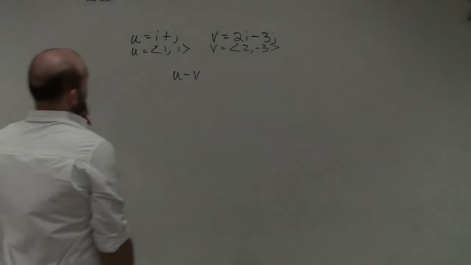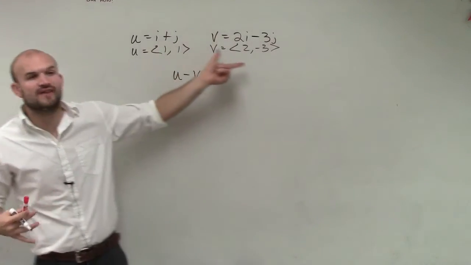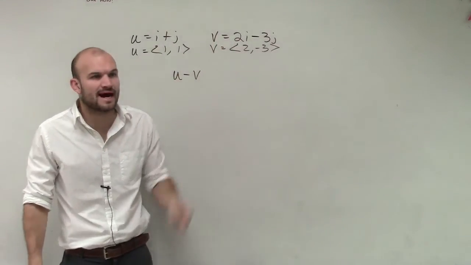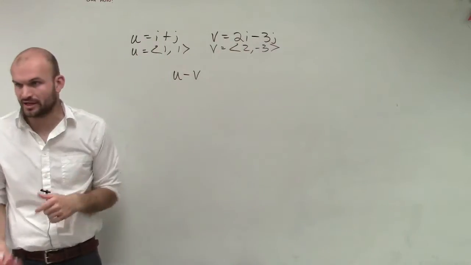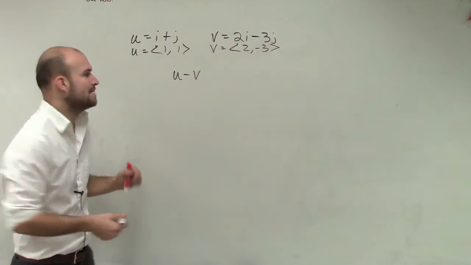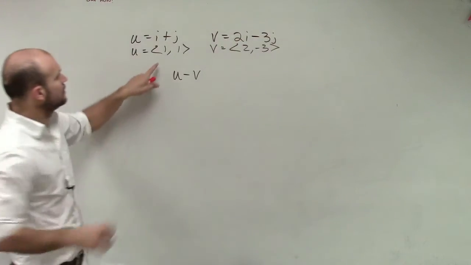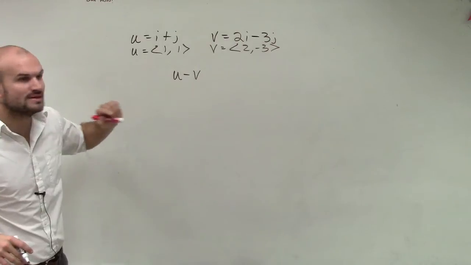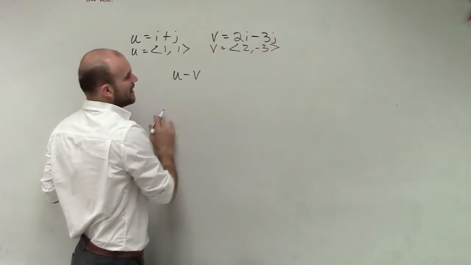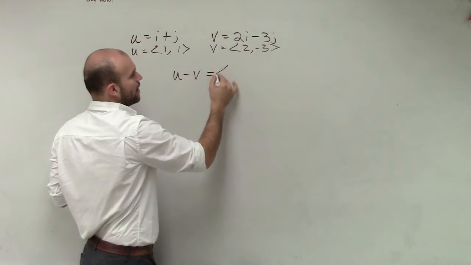Okay, so what we have is our two vectors, and to help us get a little understanding, I wrote our two vectors in component form, right? I took away the i and j, so we can just see what they look like in vector form. And I'm going to keep them in this format, just so we can remember, if I wanted to find the vector of u minus v, all we simply need to do, if I forget about i and j and just write this in component form, remember the vector in component form, all it is